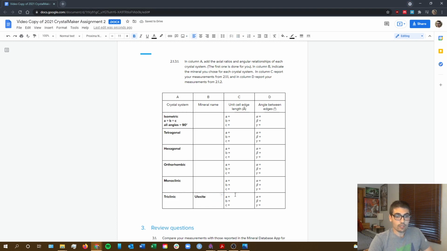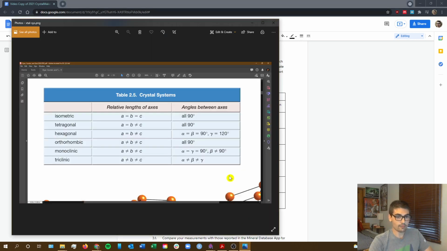And what we're going to be doing here is measuring the unit cell edge lengths: the A edge length, the B edge length, and the C edge length. And then we're also going to be measuring the angle between those edges: the alpha angle, the beta angle, the gamma angle. And what those angles are